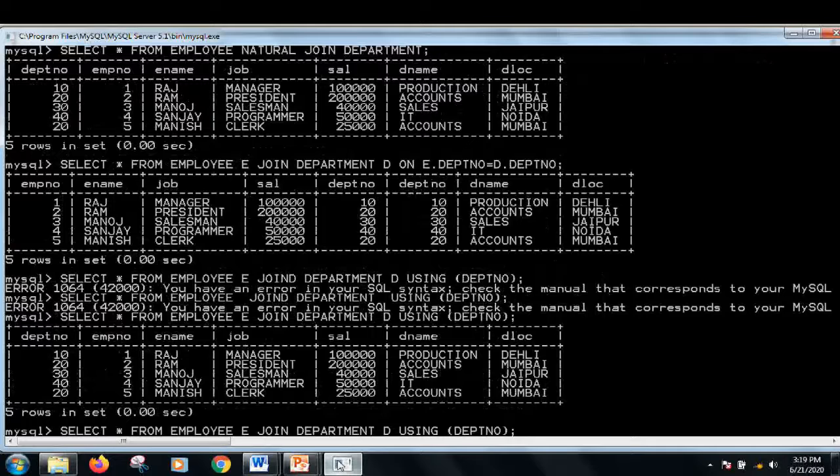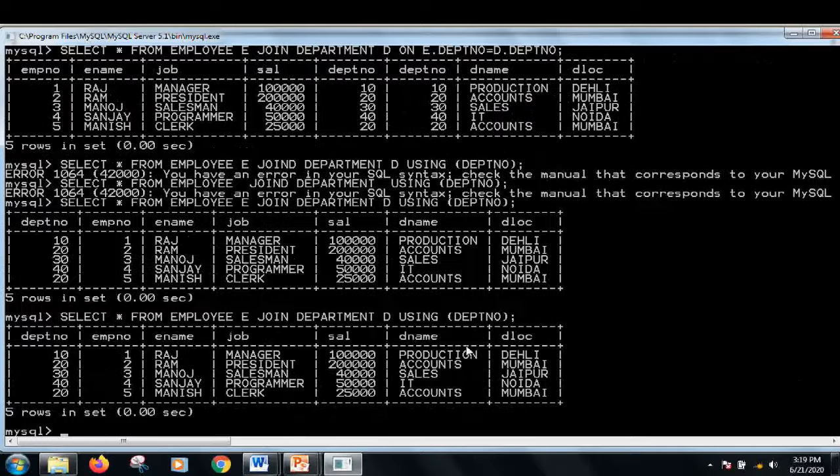So this is the third method using which you can also do the equijoin. So finally we have three methods of equijoin. First is using where, second is using the join clause, and third one is using the using clause. Out of all the three methods, you can use any one of them for joining.